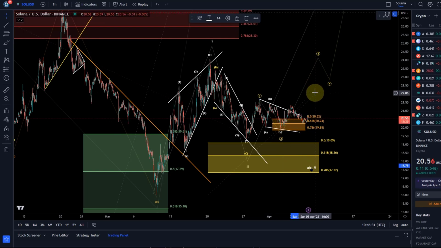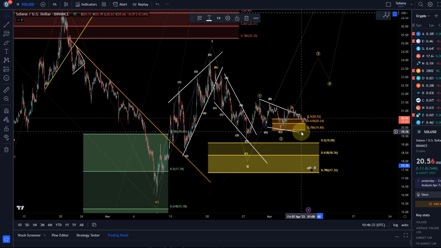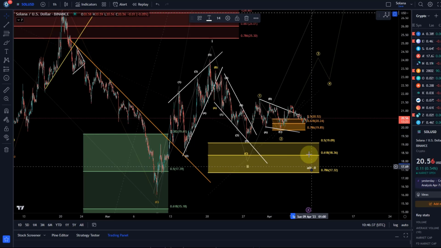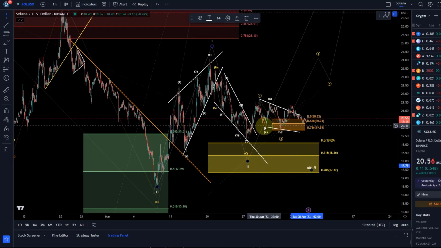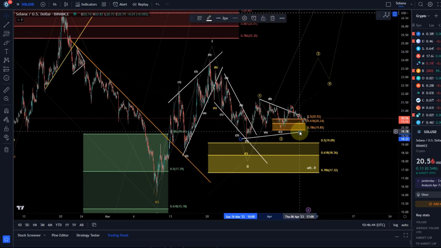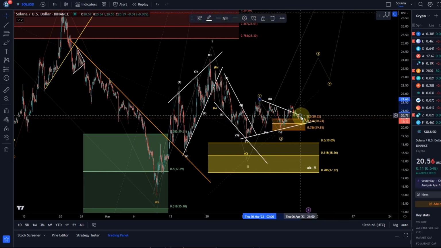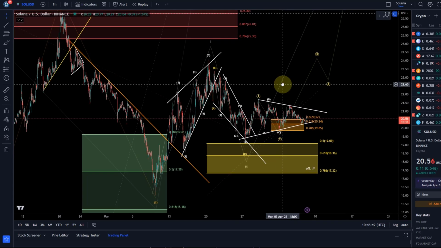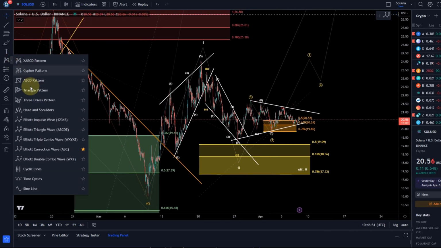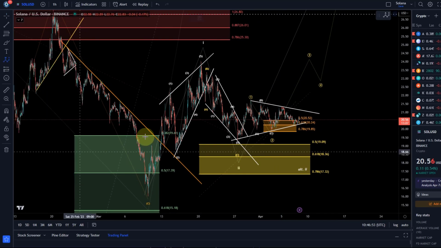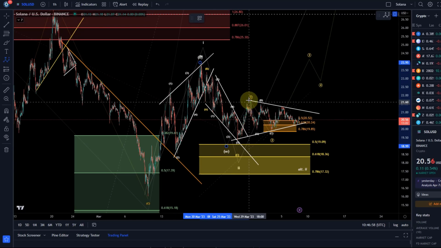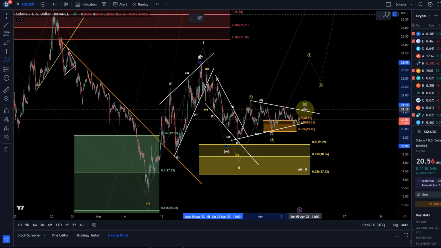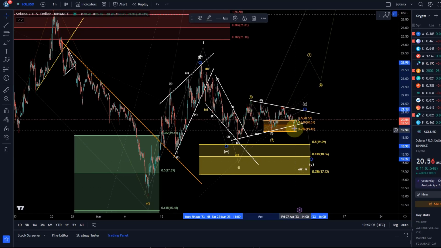The thing that makes me now consider more clearly that we actually do a reset of wave 2 is that we're basically making lower highs and higher lows at the moment, giving this overall the impression of some kind of a triangle pattern, as you can see here very, very clearly. And this could very well be similar to what I'm counting on the ADA chart, that the move down of the 20th of March was just a W wave, and this is an X wave triangle in some shape or form, and then a Y wave down.